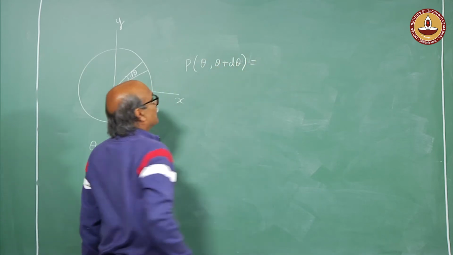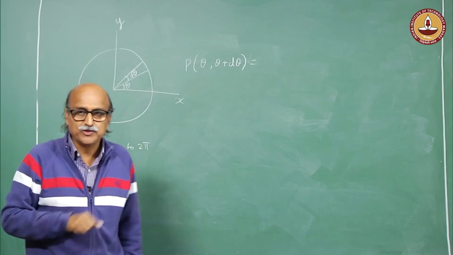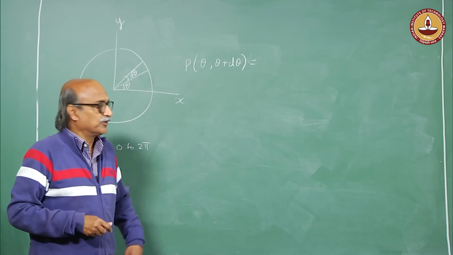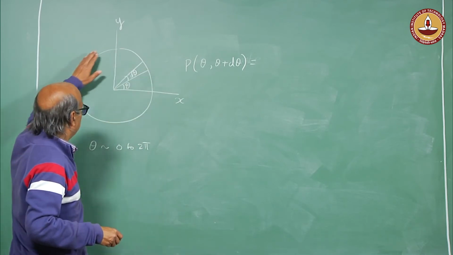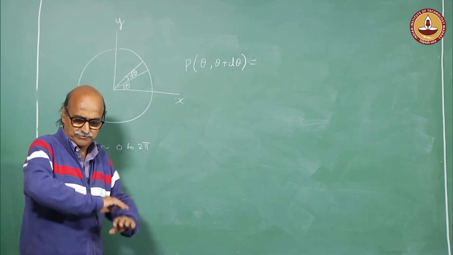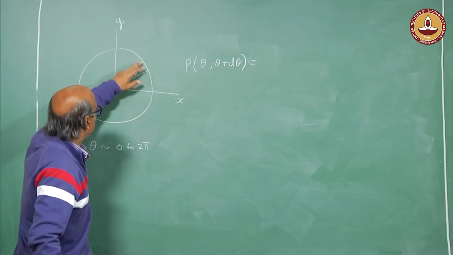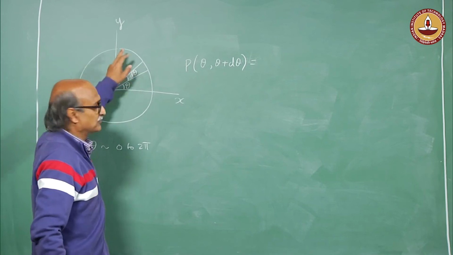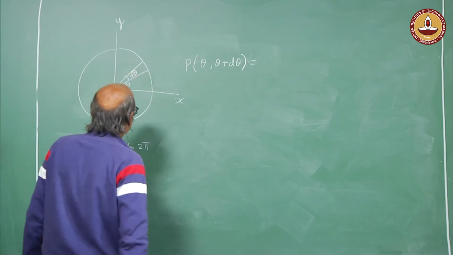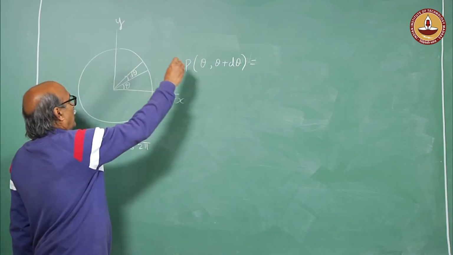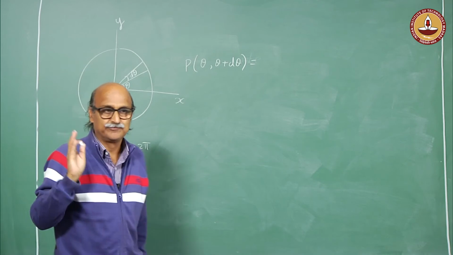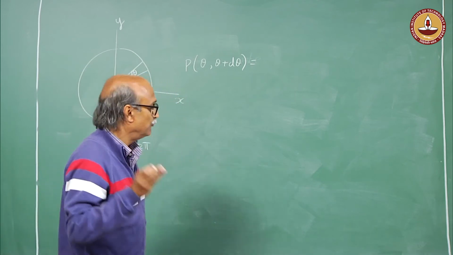So, I want to find this probability. What do you think would be the probability for this? For this to be a random orientation which uniformly spreads around the circumference of this circle, all positions must be equally likely, okay, which means